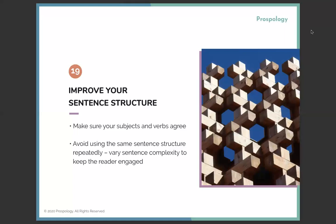Can I just ask a quick question? Mm-hmm. Make sure your subjects and verbs agree. I'm not fully sure what that means, so I'm just wondering if you could explain that one a little bit more. Sure. So if you begin your sentence and you're talking about, for example, patients, and you say patients were